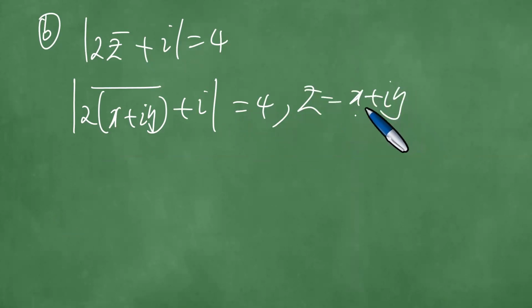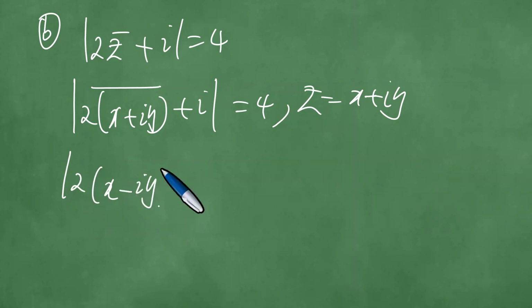Okay, z is x plus iy. We want to sketch these. To know what kind of shape this is, we write it in terms of x and y, because that is what we learn first. This presentation of complex numbers is relatively new, because in school we learn real numbers first, in real functions. The complex conjugate of this is x minus iy, plus i